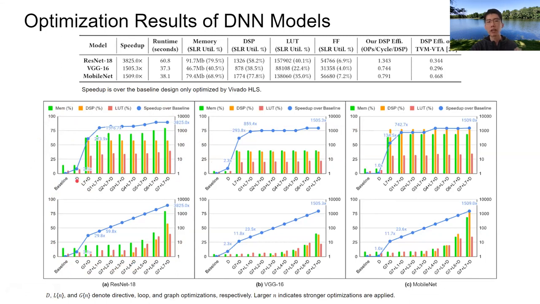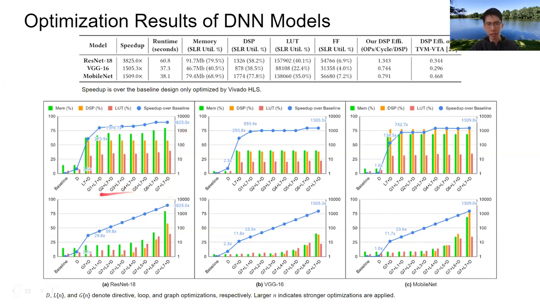After we only apply the directive optimization, we achieve about 2.1x improvement. And then we add the loop level optimization, and the performance improvement significantly increased to about 274. And then we apply the graph level optimizations, and the final speed up is like